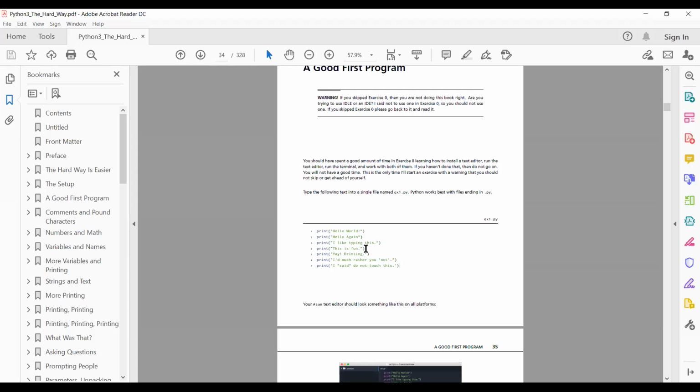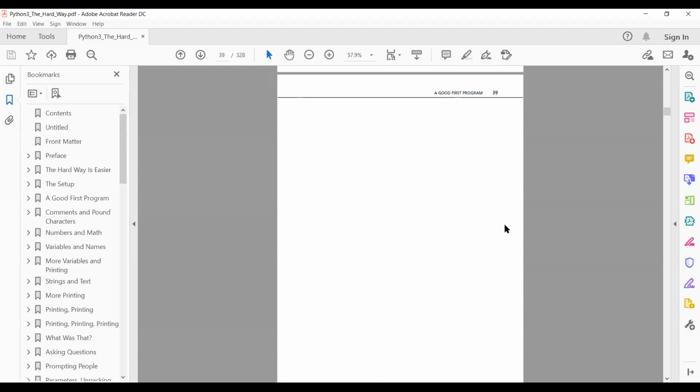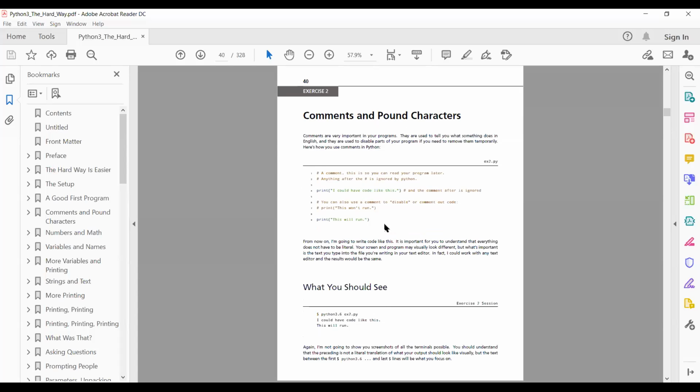So you keep on writing this and then you will discover कि हाँ ये ऐसा लिखने से कुछ अलग हो रहा है, right? You may not be able to notice it right now, but there are differences available in these 7 lines also, right? So ये exercise 1 हो गया, and then you can go to exercise 2, right? Do not skip all the theory which is written there. I'll simply say skip all this theory because you have already joined this class, and we will be discussing everything about it. So exercise 2 is talking about comments and the pound characters, right? We have already discussed the comments. It is again giving you, so you have to write this 9 lines of code,